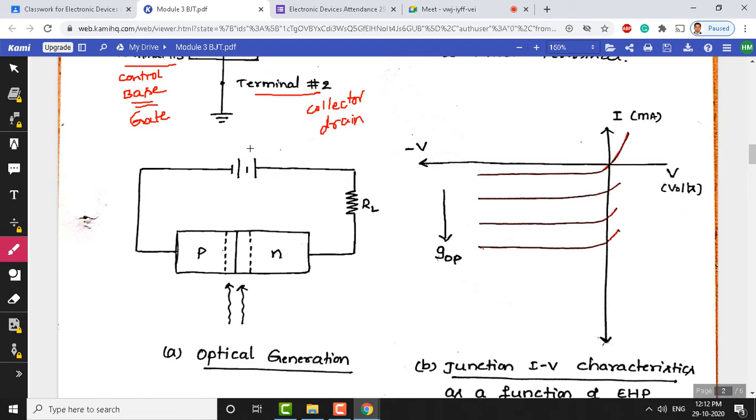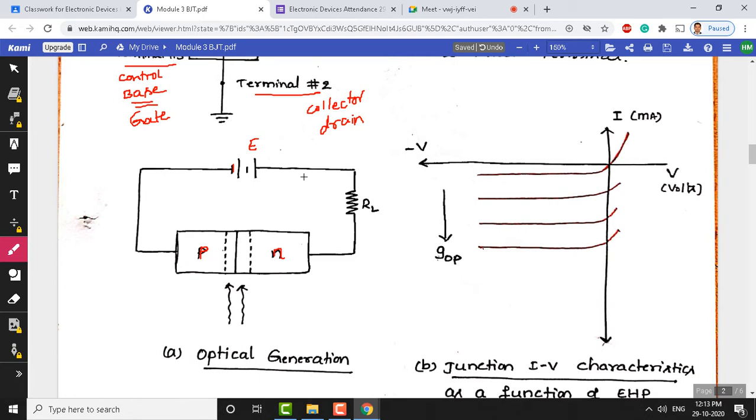This is the reverse voltage. Let us indicate this reverse voltage as E, so that you can see that the negative terminal is connected to the P region of the semiconductor, and the positive terminal, through the resistor, is connected to the N terminal of the semiconductor. This complete PN junction is reverse biased, and the dotted lines show the edge of the depletion region on the N side and the edge of the depletion region on the P side.